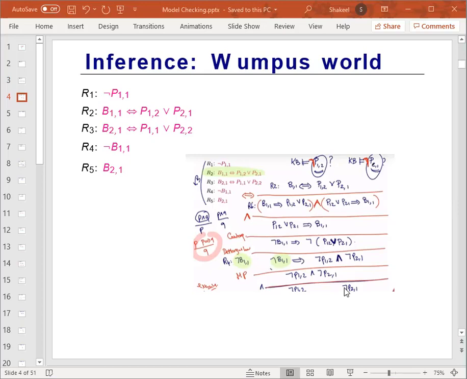You could think of doing a similar thing in another way. Try to prove P22 and P12 using the third rule, R3. Here it is important to observe that I didn't use R3 at all. I ignored it altogether. I just used R2 and R4 to prove that I can entail the negation of P12 and the negation of P21 without even enumerating any model or building any truth table.